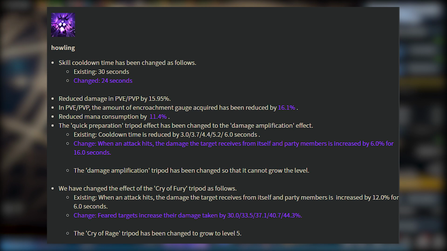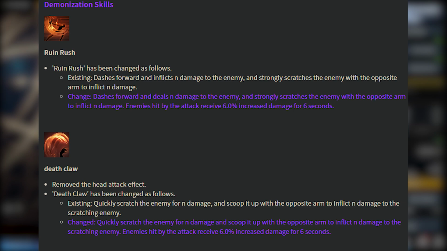Also, because the synergy is in the first row of tripods and there's a gauge gain tripod in the second row, leaving this at level 7 is actually pretty doable if you don't have a lot of skill points to begin with. As for demon skills, they simply added a constant synergy to Ruining Rush, which is the Q skill,